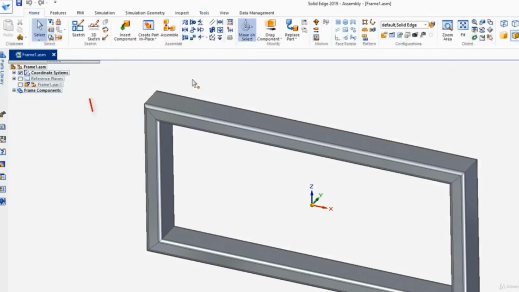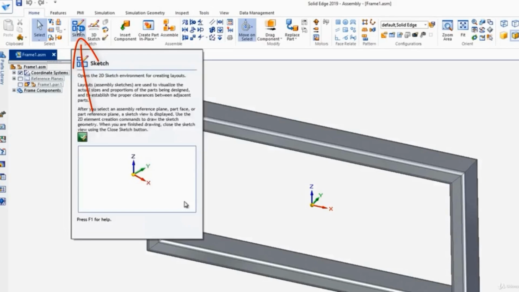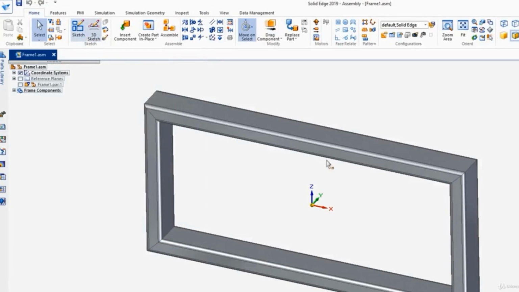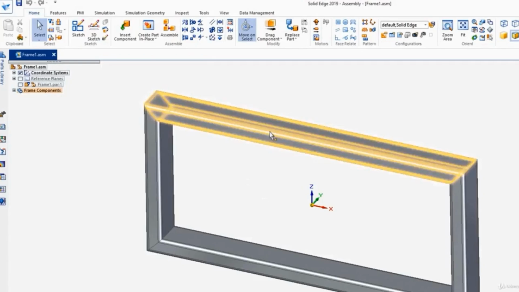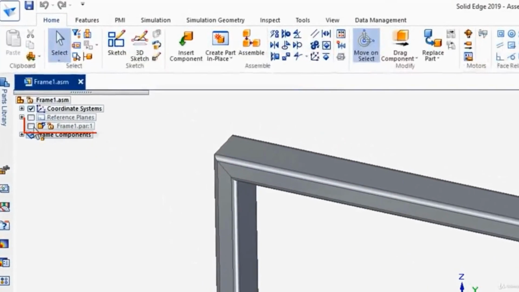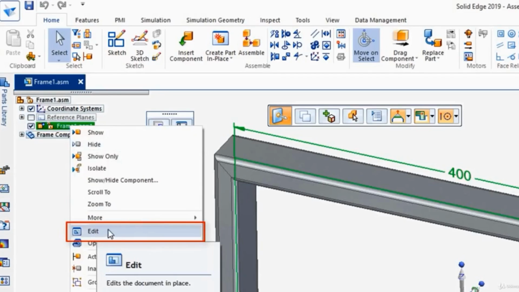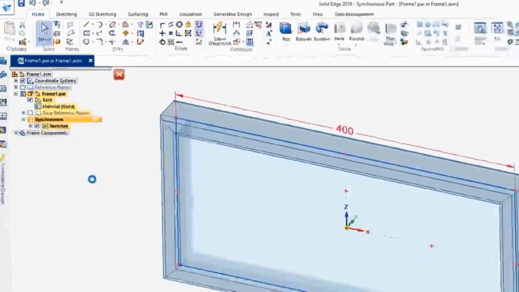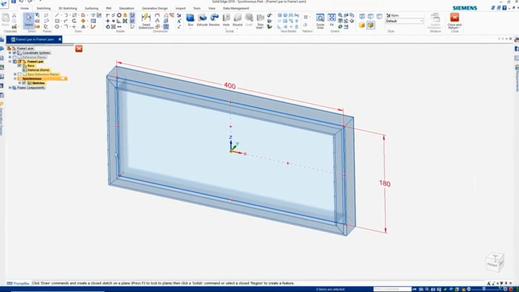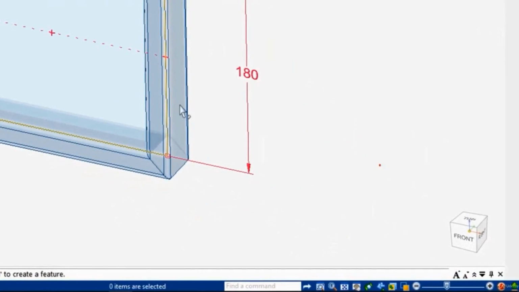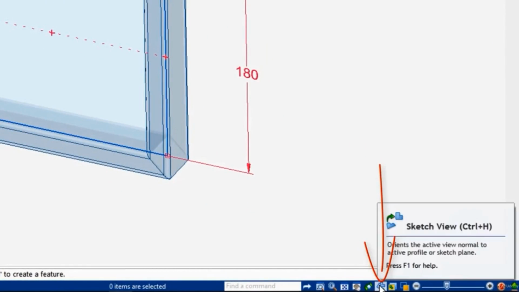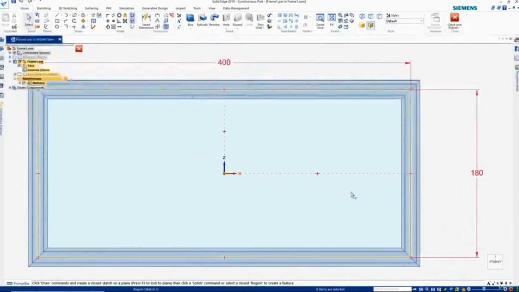If I come back home here, I'll see a Sketch button. Now I could go and start sketching here, but it wouldn't be in reference to this part. So to actually modify this part and add components, what I want to do is come back here to the sketch, turn the sketch on, right mouse click, and I'd like to edit. Now this takes me to the sketch environment for this part, and I'll look at this square on sketch view,